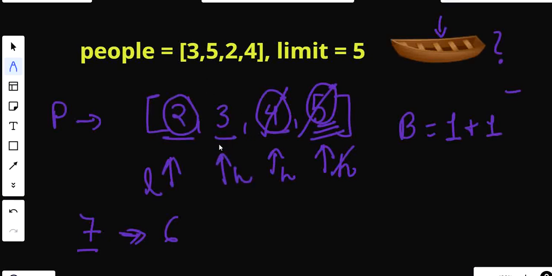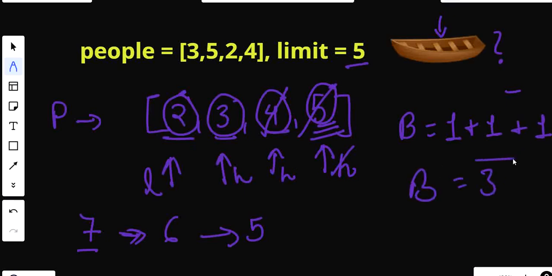And at this place again I am going to check the same thing. If I am going to add this with this person, the weight of this person, then my total will be 5, which is equivalent to the limit. So yes, I can take these two people on one vote. So I will have my answer as 3. Vote count will be 3. So this is the whole approach that we are going to take.